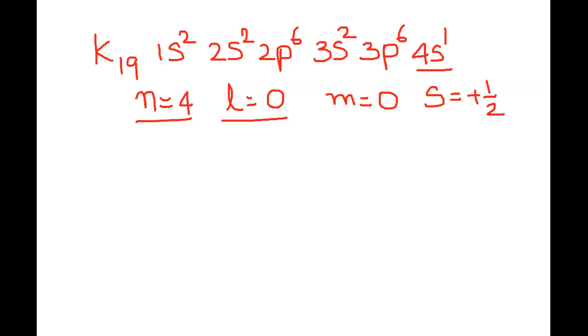In this case, when n is equal to 4, it has 4 subshells, all right? That is S, P, D, and F. When L is equal to 0, that means the 4S subshell is going to have a spherical shape. Had L been equal to 1 or something, it would have given you the Px, Py, Pz orbitals. And if L was equal to 2, it would have given you an idea of the D orbitals. All right. And similarly, if L is equal to 3, then it would give you an idea of the F orbitals.